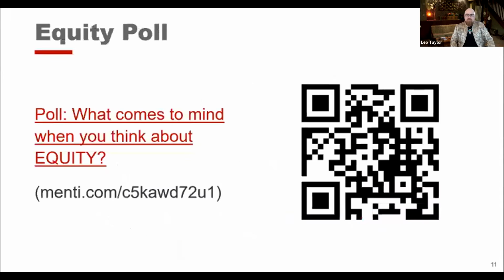So for equity, equity is a different concept. I have a poll for you, and Lucia is going to put the poll link. So this is actually a word cloud. A word cloud is a brainstorm. Whatever words come to mind when you think about equity, I want you to put into the word cloud generator. And I'm going to switch screens here so we can see that. While you brainstorm,